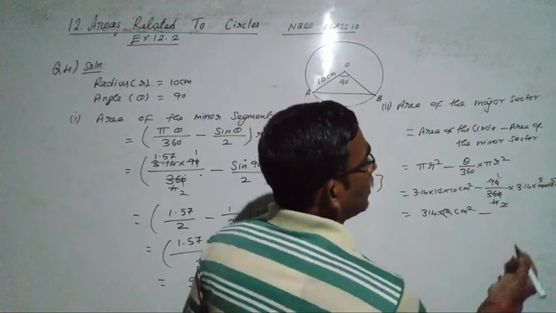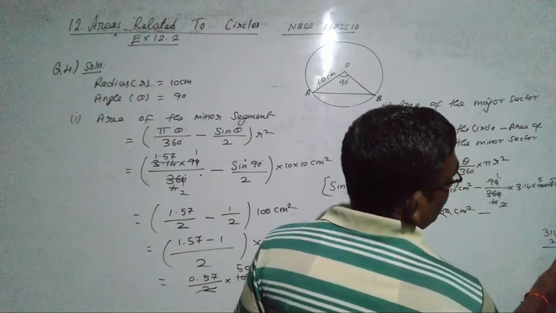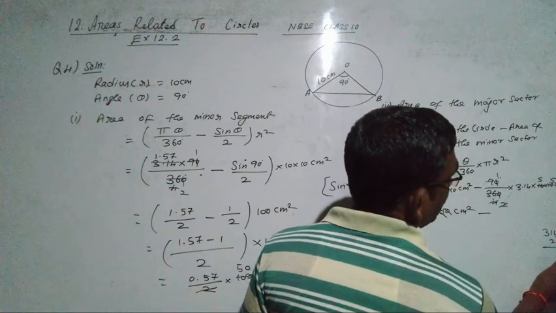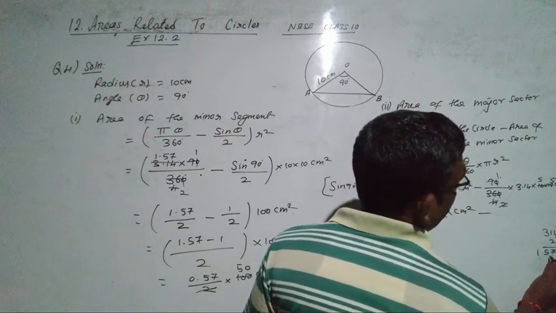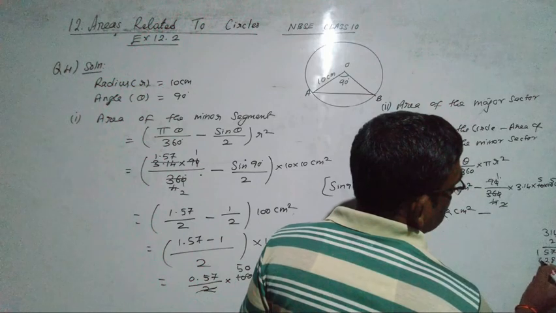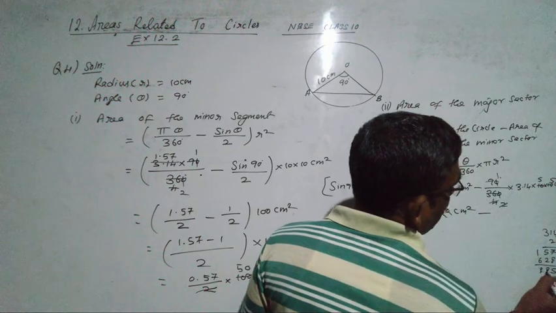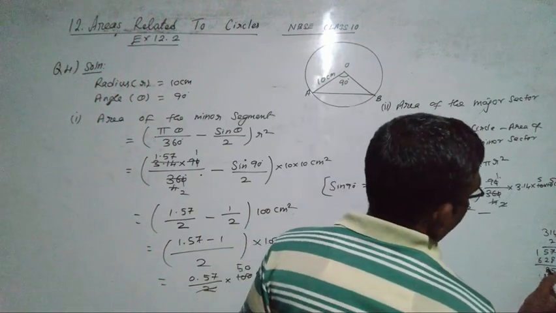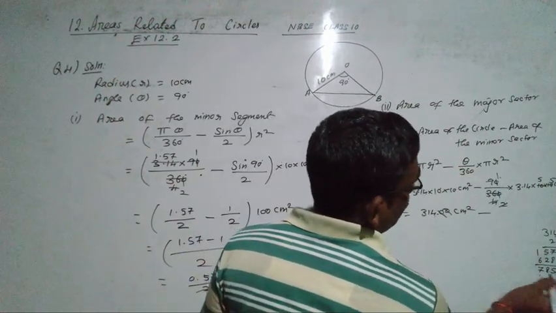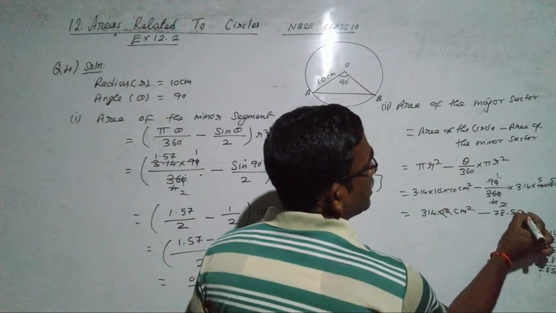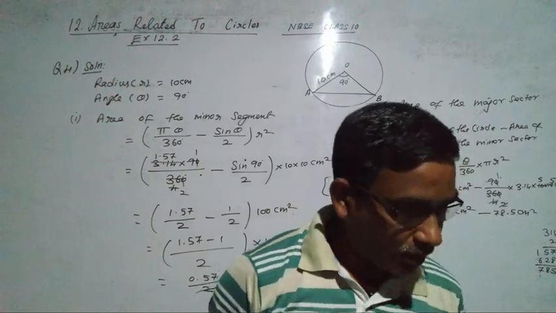So let's multiply 314 into 25. 314 multiply with 25. 5 fours are 20, 2 in hand, 5 ones are 5, 7, then 5 threes are 15, it is 7 8 5. Now how many places of decimal do we have? 2 places of decimal, so 78.5 centimeter square. So 314 minus 78.5 centimeter square, how much are we getting, you can see now.